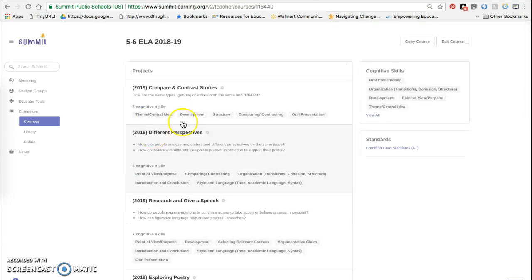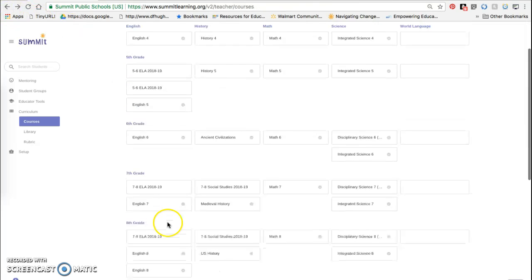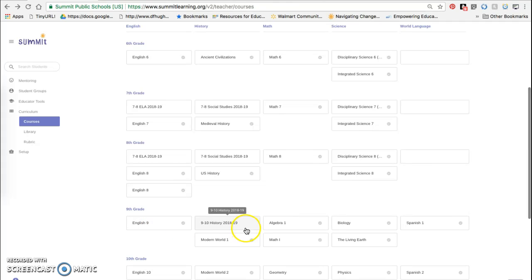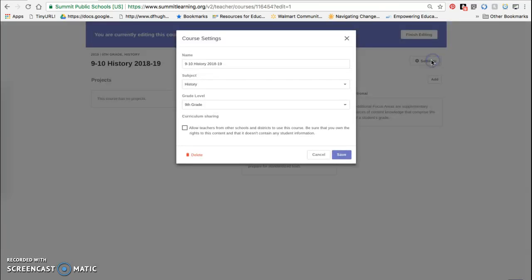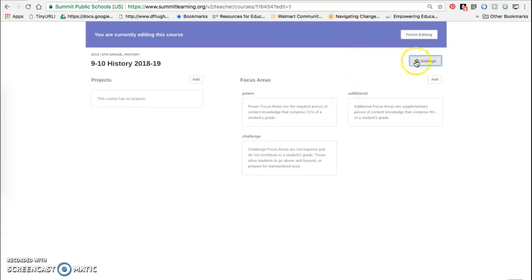Remember when we made, let me go back for 1 second. Remember when we made this 9-10 history course and we look at settings, we had to choose a grade level for it? Well, we choose the grade level and it's going to show up for all of our 9th graders. But since we also have 10th graders in that same course,